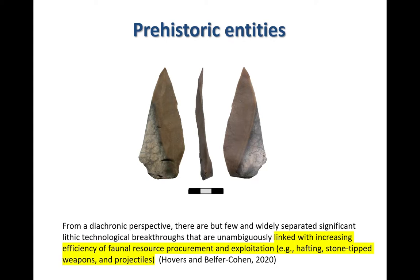And indeed, we can see here the opinion recently put forward by Hovers and Belfer-Cohen from the university, and they see this kind of linkage between the changes that we see in the prehistoric stone tools, in understanding how hafting was done and when, and understanding the stone tips, if there were weapons and when they were used, and in the projectiles in connection to the faunal acquisition. So we see here sometimes a kind of connection. All in all, they are still viewed as a kind of evolution, that tools will change according to period, to time, and